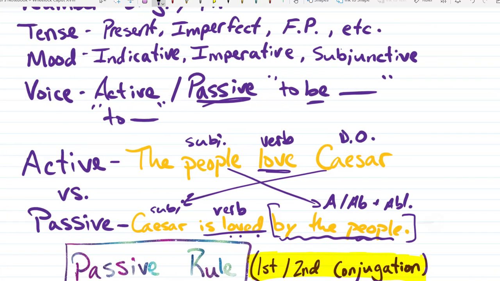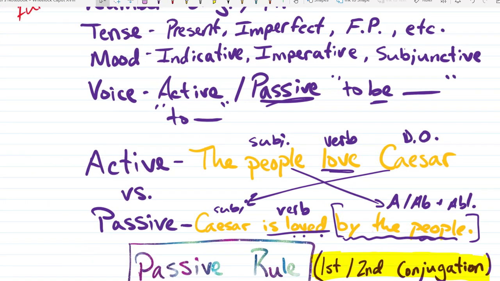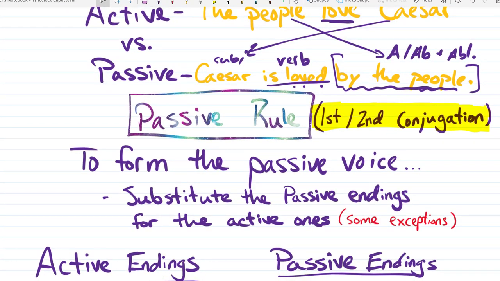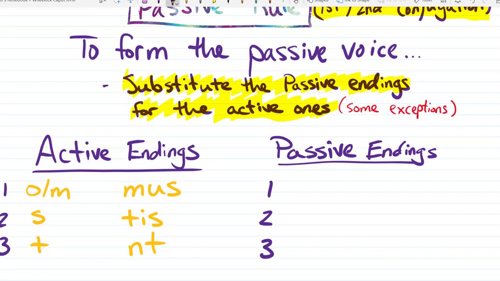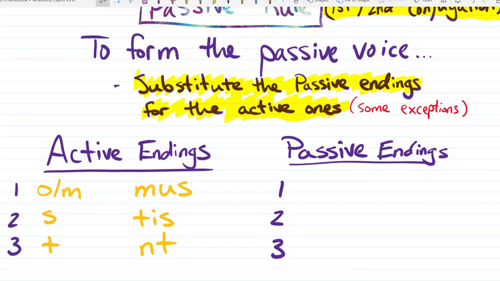So, passive rules for Latin. All right? Here are the passive rules for Latin. Simply, to form the passive voice, all you do is substitute the passive endings for the active endings. Okay? That's all you do. It's as simple as that. There's a few exceptions, but here's what it looks like, right? You have your active endings. O or M, S, T, mus, tis, NT, okay? All we're going to do is swap those endings out